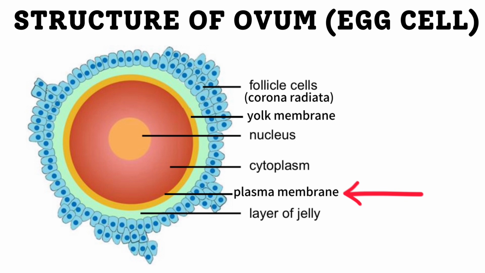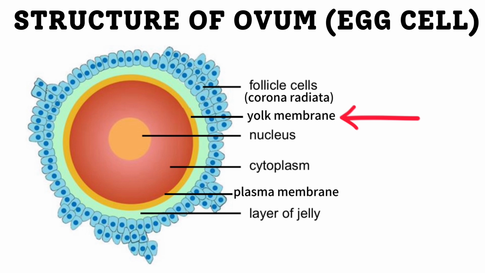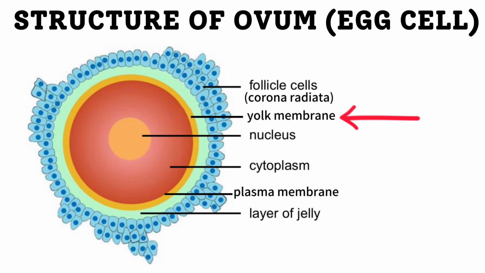Surrounding the plasma membrane is your yolk membrane, right, which becomes impermeable after fertilization, and thereafter it is known as the fertilization membrane. So after fertilization occurred, this membrane becomes impenetrable, right? And then outside of the fertilization membrane, a jelly layer surrounds the yolk membrane and remains for some time after fertilization. So the purpose of this would be that it provides protection to the early developmental stages of the fertilized